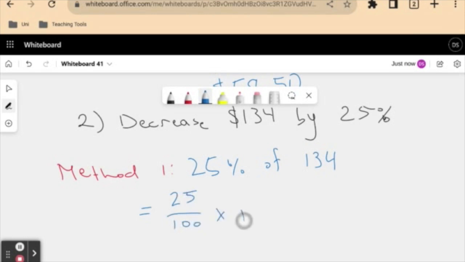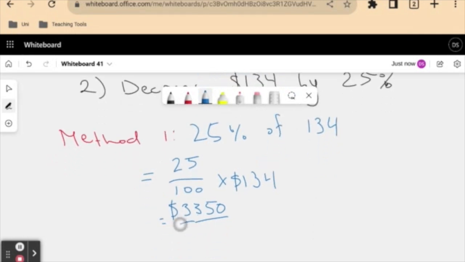We're taking that fraction lots of 134. And multiplying the numerators here, we will get 3,350 over 100. And once we divide by 100 on our numerator, we will get left with